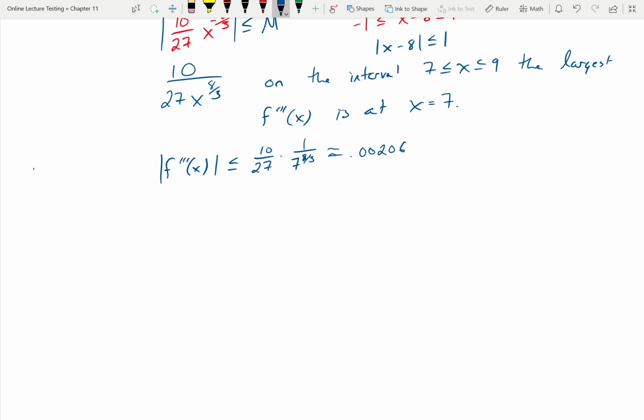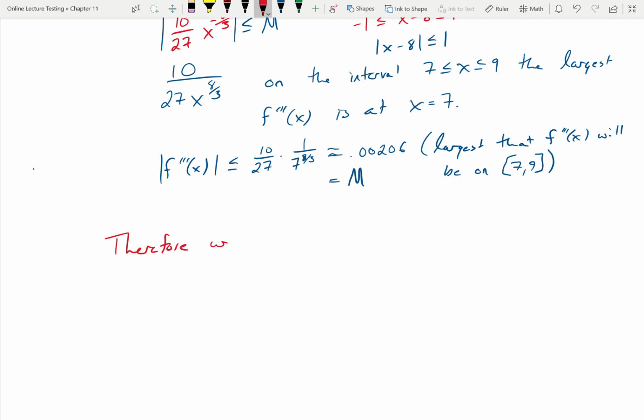Again, this is approximately 0.00206. So this is the largest that the third derivative will be on the interval from 7 to 9. So this is our big M. Therefore, we can say big M is equal to 0.00206,